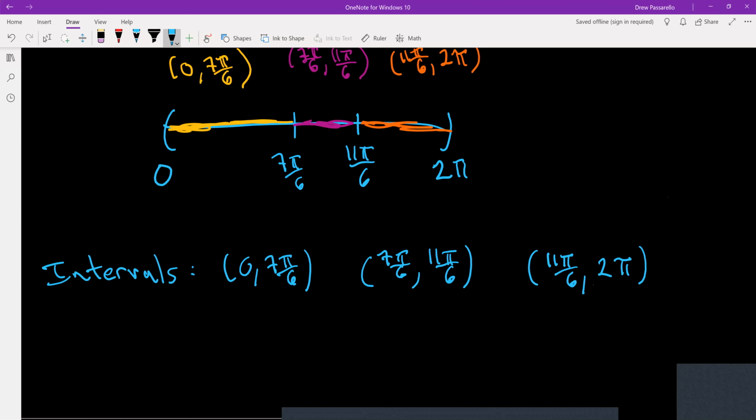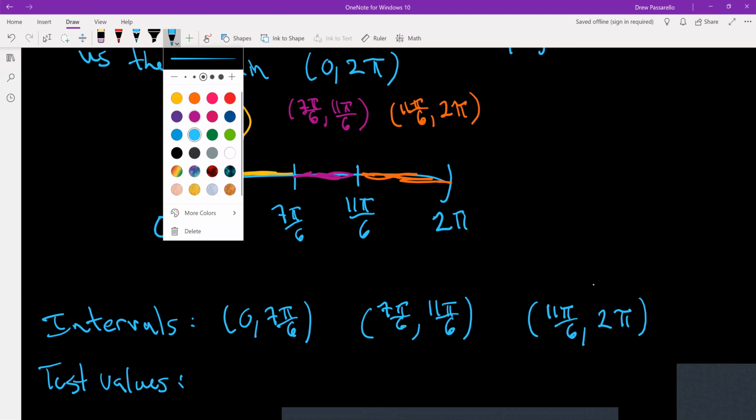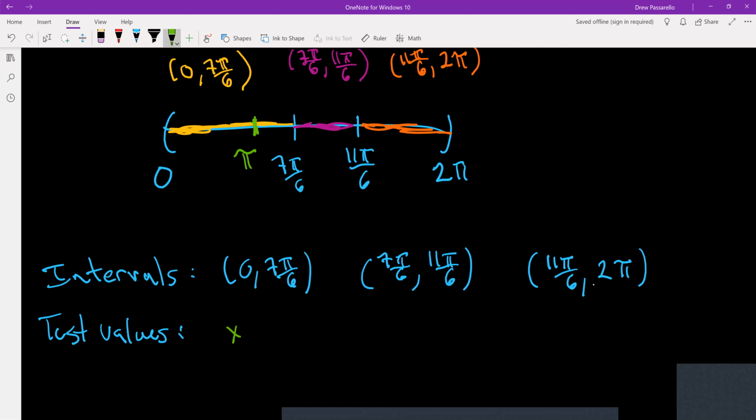Okay, so for the intervals, I'll use test values. For the first interval, something in between 0 and 7 pi over 6 is pi, so I know pi is in between those two values. So I'll say x1 equals pi. Now for the second interval, 7 pi over 6 to 11 pi over 6, I know 3